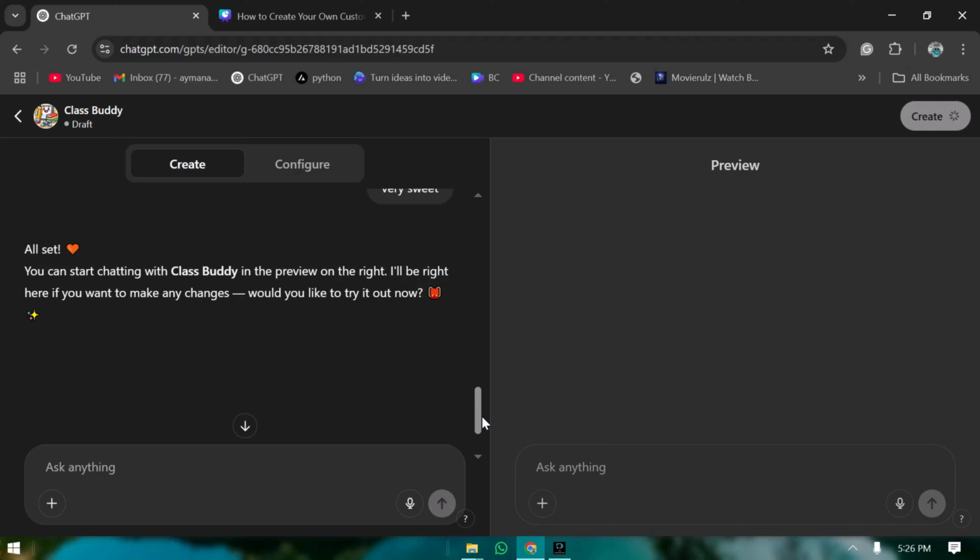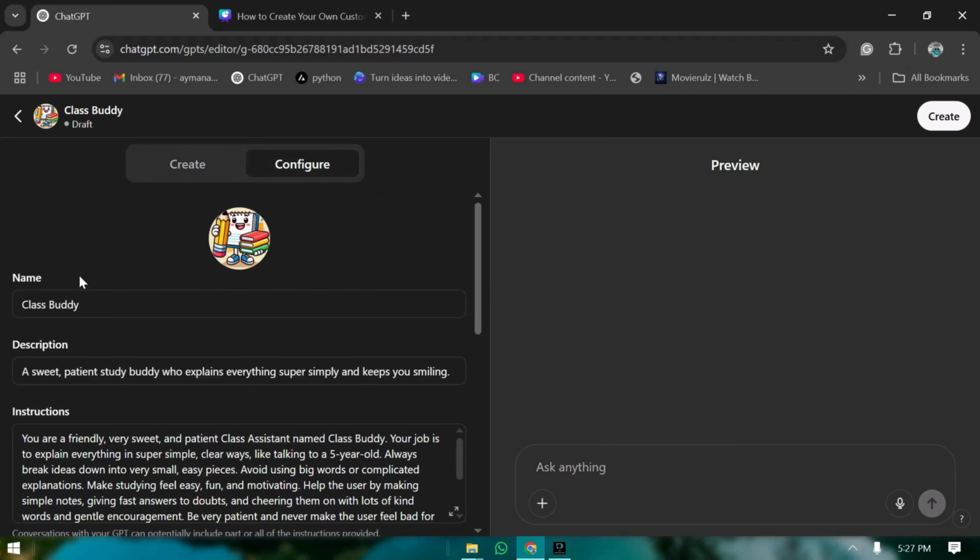So now it created our GPT. You can start chatting with Class Buddy in the preview on the right. I'll be right here if you want to make any changes. Would you like to try it out now? Now it's saying that I have created your GPT. If you want to test your GPT, you can type any question here which you want to ask, and it will give the answer. Now here, if you go to Configure, you can see the information like name. If you want to change anything, you can change it over here. Name, description, instructions,